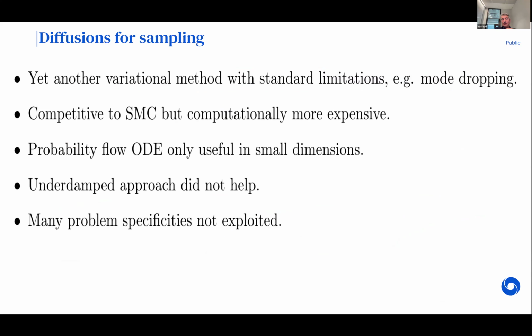Okay, so overall, you can leverage this idea of denoising diffusion for sampling as well. This gives you a new variational inference technique to sample from pi, approximate pi, and estimate the normalizing constant. It's competitive to SMC. When we did it, it was still computationally more expensive than SMC, because you have to do the training, which is expensive. But there are a lot of things we've realized that could speed it up. I'm not saying it's better than SMC, but it's really competitive and it's a completely different approach.